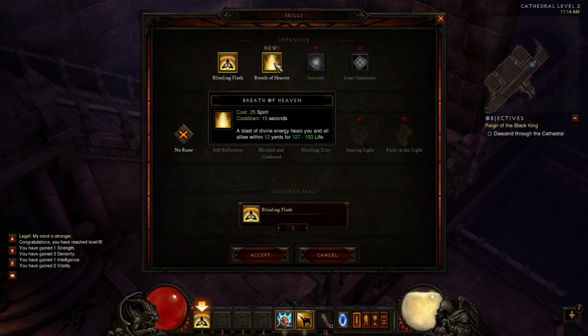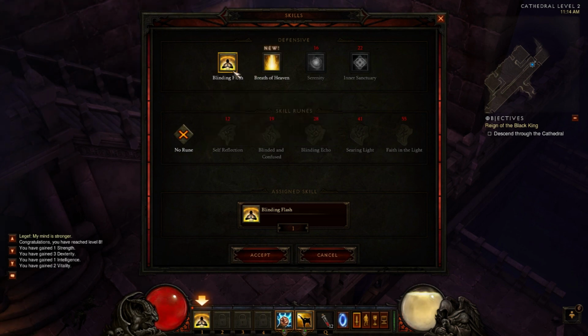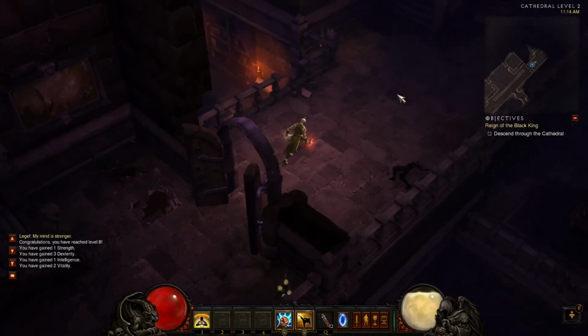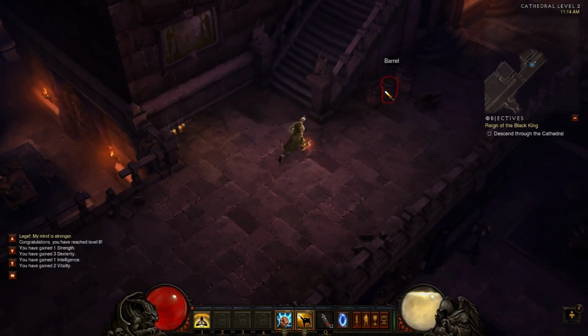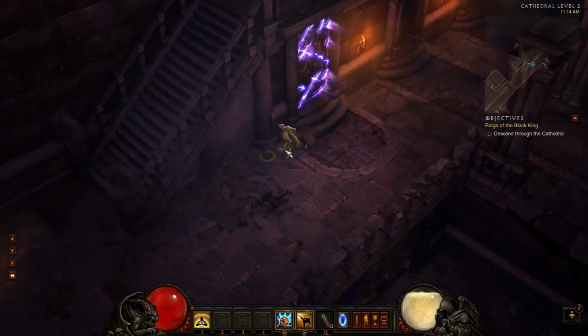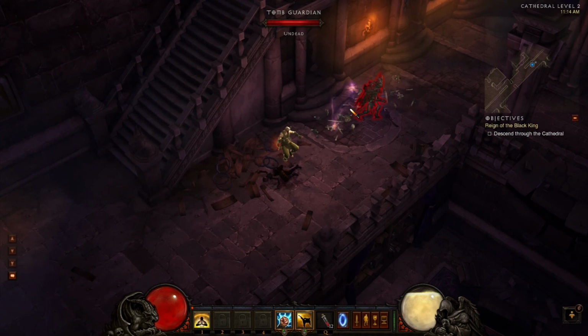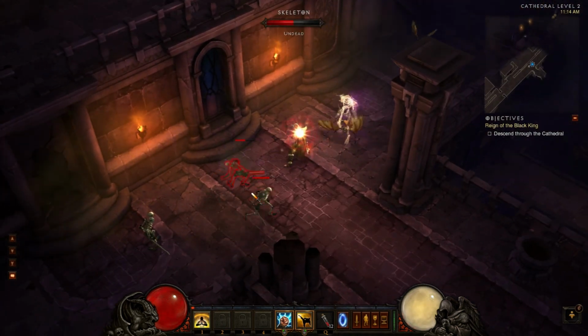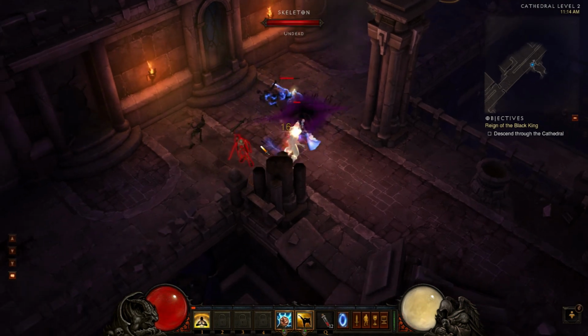Breath of Heaven. Okay, so this heals you and all allies. That's cool, so that you can act as the healer for your group. I have not had any need to really heal so much, except for early on, mainly because I'm just doing enough damage to out-DPS whatever I'm fighting at this point. But eventually, having a healing skill in the bag without requiring